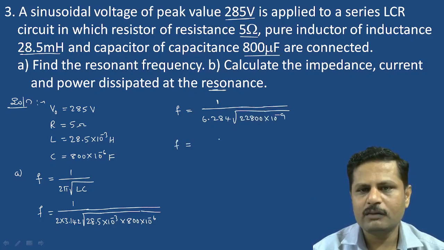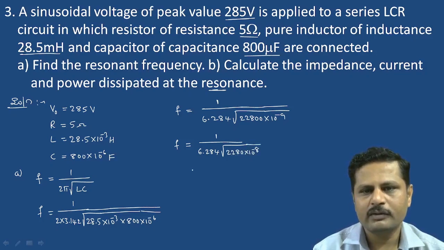This can be written as 1 divided by 6.284 square root of, so here you may get an even number by taking it like this, that is 2280 into 10 raised to minus 8. We could write it like this also. This will become 2280. Now, applying square root, we can get 1 divided by